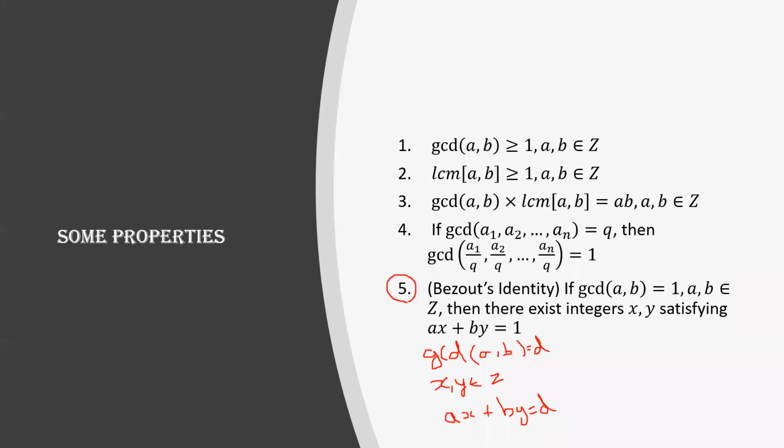So what I'm saying is, consider A is equal to D times M and B is equal to D times N. So we know that the GCD of A and B is D, so M and N must be co-prime, that is, GCD of M and N must be 1. Now, considering AX plus BY, we first assume that the given is true, that is AX plus BY equal to D, and simply substitute the values of A and B. So MX plus NY